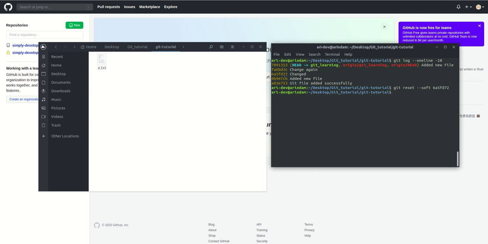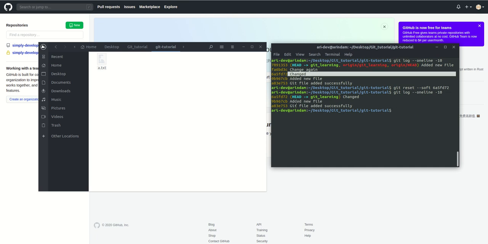If you pick this commit, your soft reset goes up to this. Check git log. Up to this, your last commit is this one. Now you amend all those 3 commits.